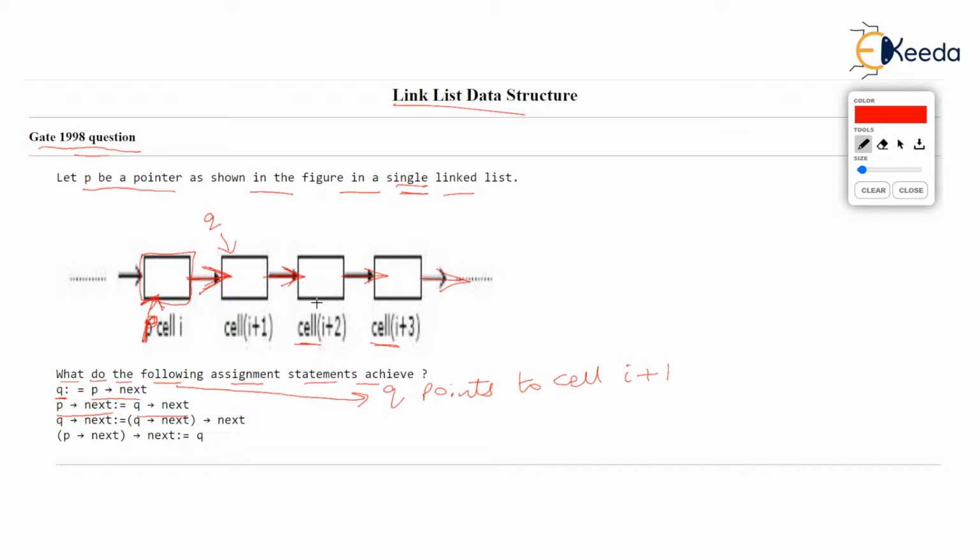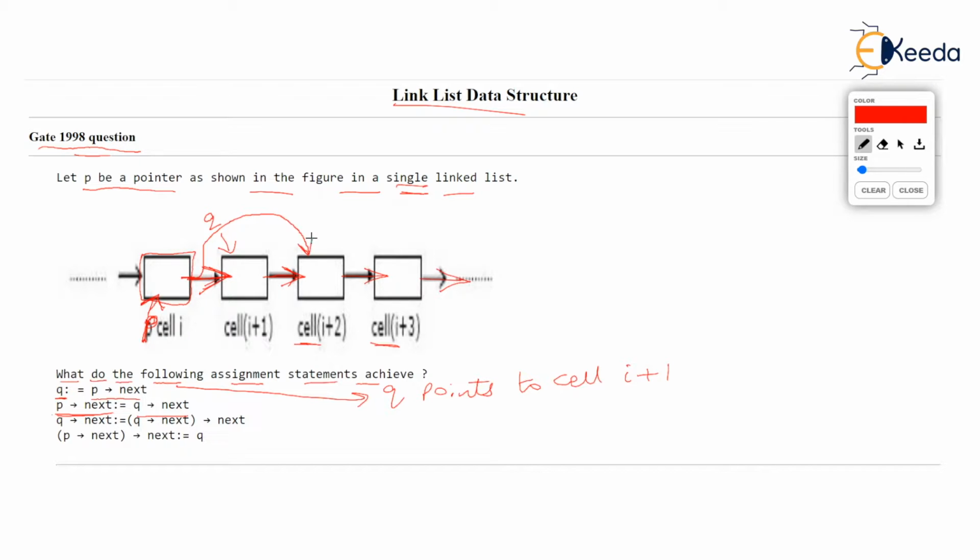The statement says P arrow next should point wherever Q arrow next points, and Q arrow next points to cell I plus 2. So P arrow next also should point to cell I plus 2.